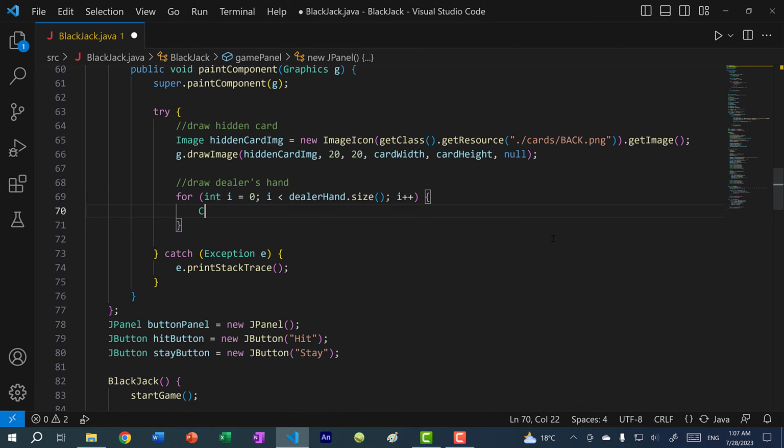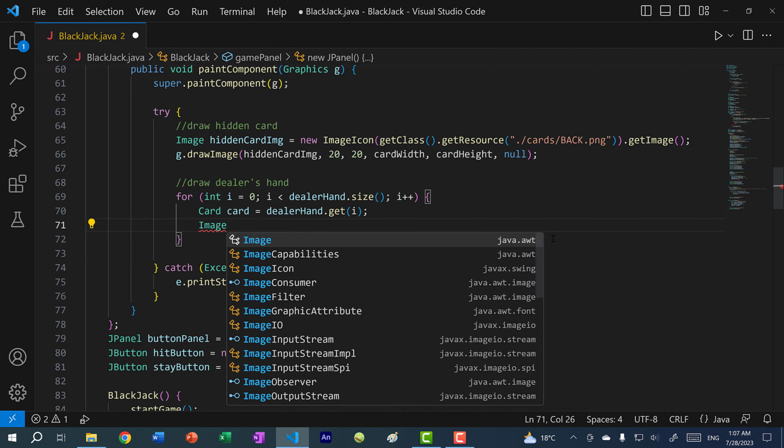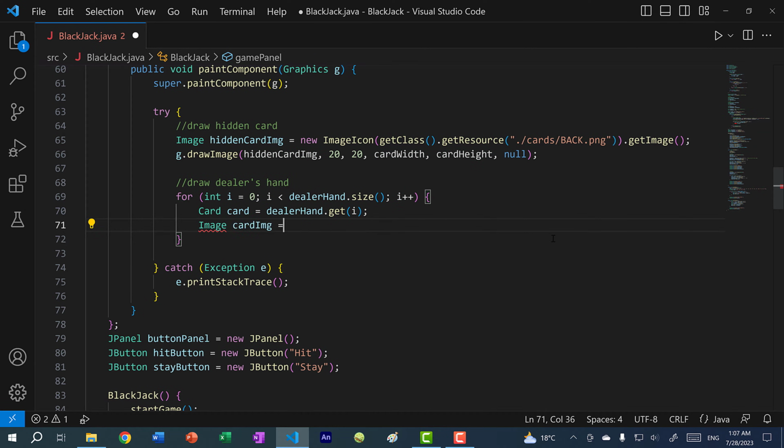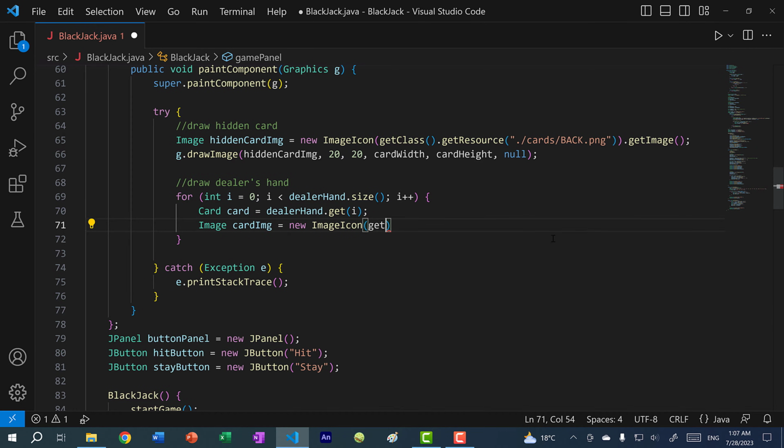We're going to get the card, dealerHand.get(i), and then we are going to get the card image. So Image cardImg is equal to new ImageIcon(getClass().getResource(